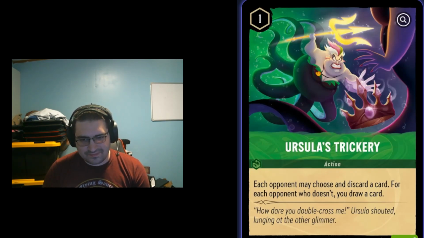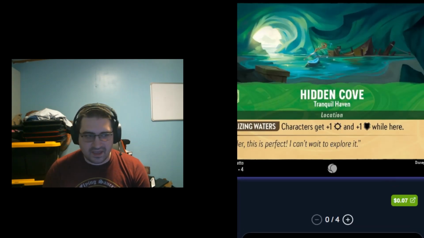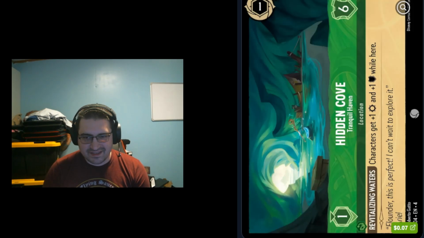It's basically a minus or a break even card. It's not really seen in any kind of competitive play or casual play. Well, this is F tier as well. Hidden Cove. All right. When we talk about cards that made an impact on the meta, this is a card